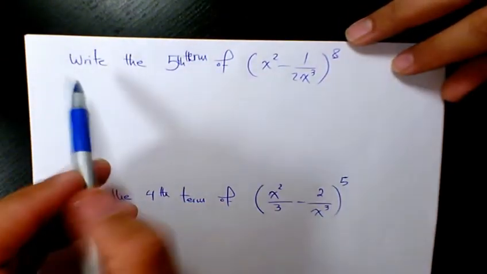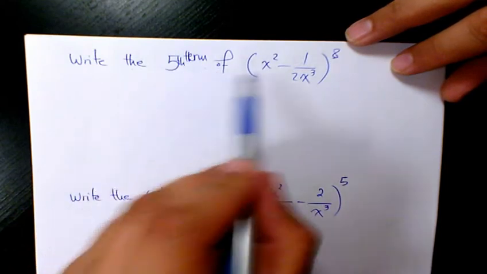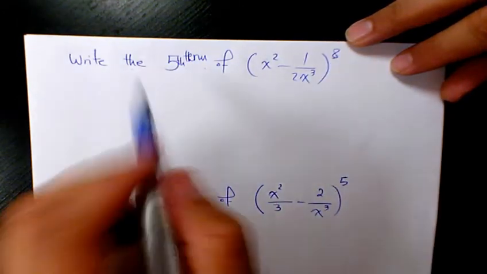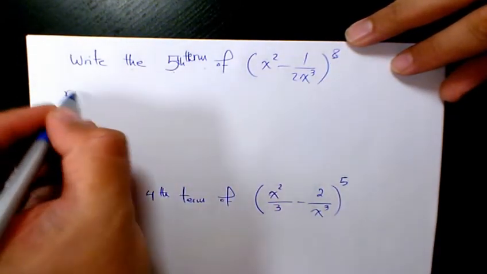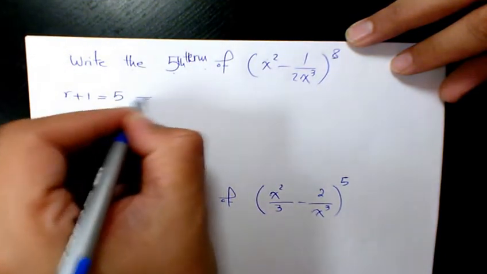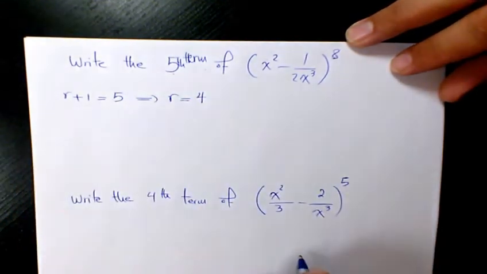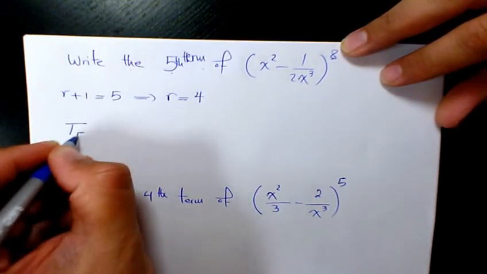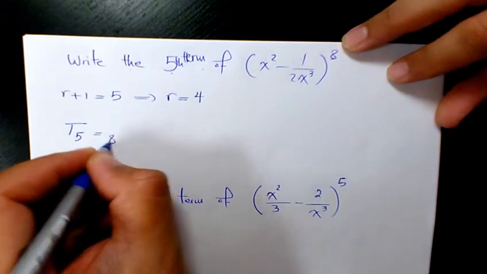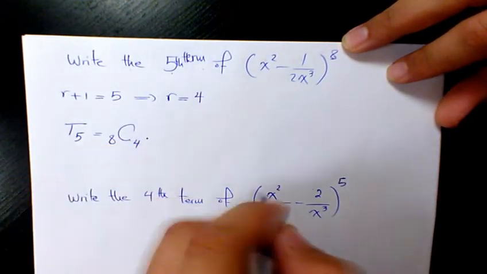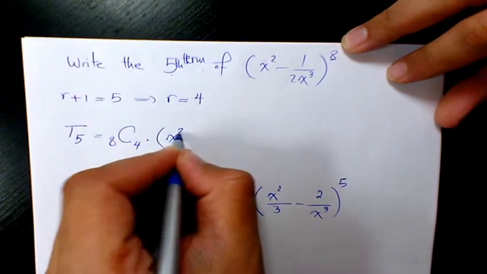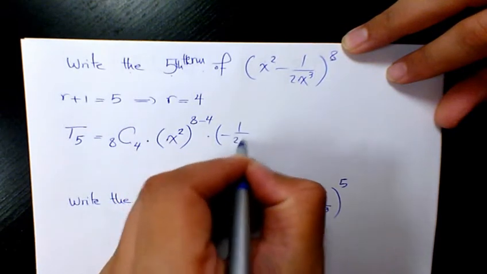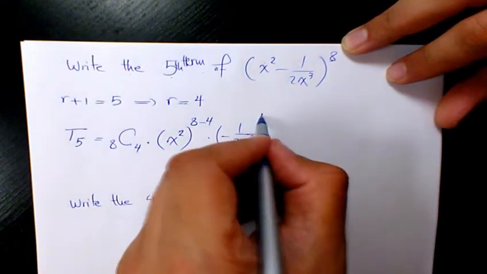Next example, it says write the fifth term of (x squared minus 1 over 2x cubed) to the power of 8. So in this case, r plus 1 is 5. It means that r is 4. So we can say T5 equals 8C4 times x squared to the power of 8 minus 4 times negative 1 over 2x cubed to the power of 4,